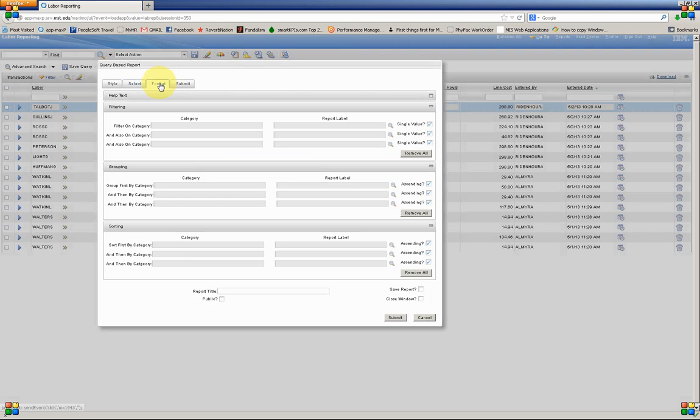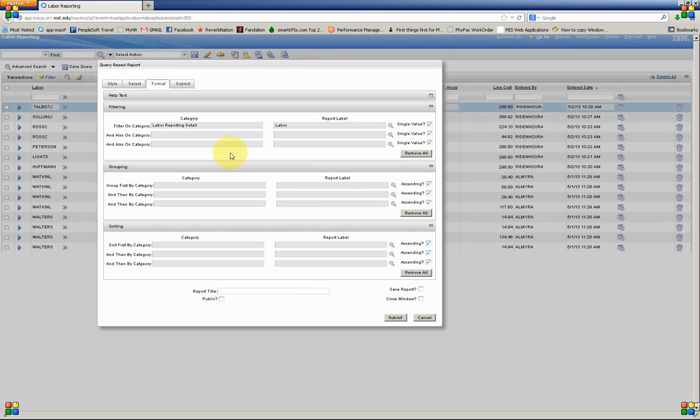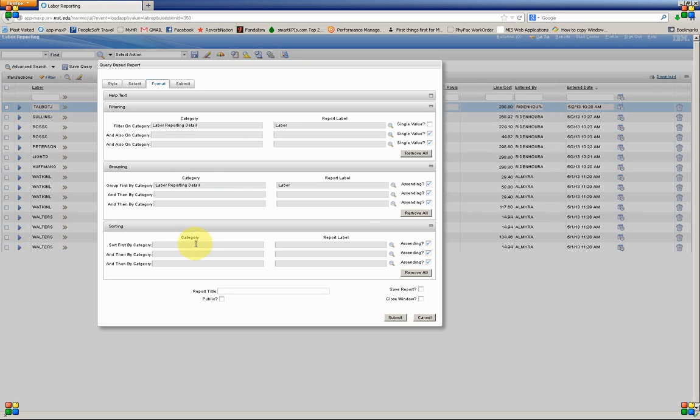I'm going to go ahead and go to Format, and I want to filter here. I want to make this to where I can choose what labor code I want to report on for that month. And I'm also going to uncheck single value. What this means is that I can enter in a query with commas, etc. And when I do that, it's going to be able to handle multiple criteria on that single line. I want this grouped by labor code, in case I have more than one labor code entered in, it will separate those and put them in groups for me. And I want to sort these on the GL debit account, so each grouping will be sorted that way. I'm going to name this